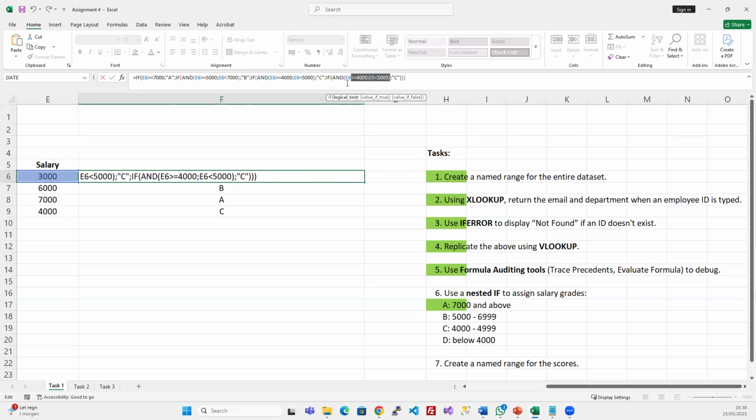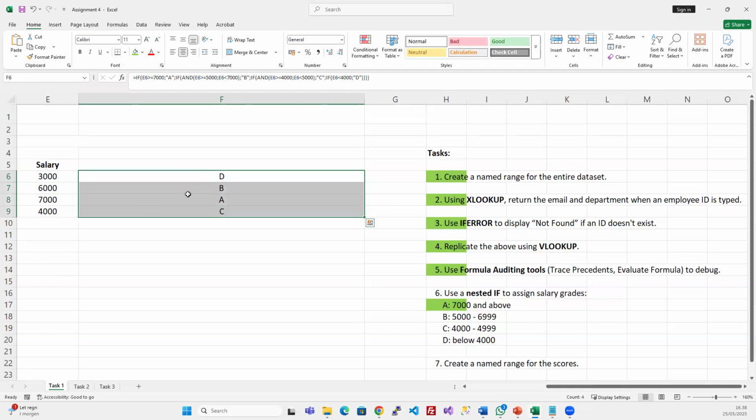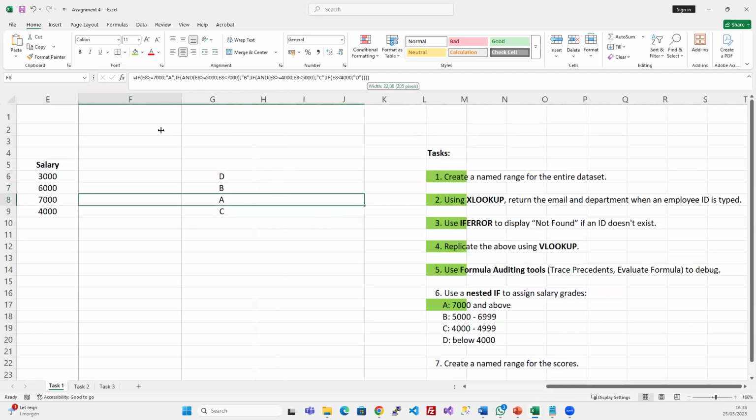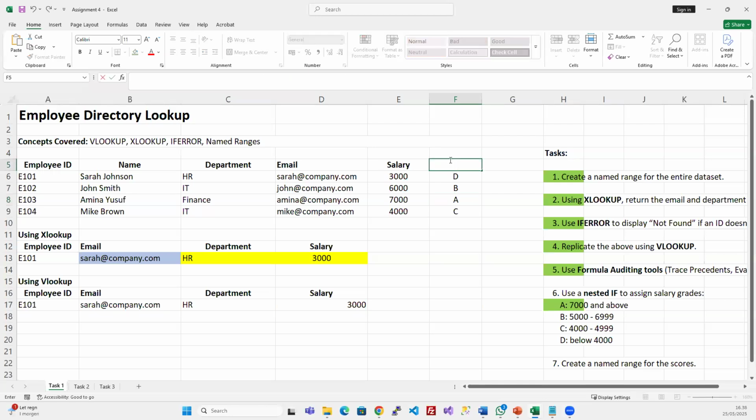Yes, actually I can remove this and just say that E6 has to be less than 4,000 for it to be a category D, like that. And I need to close the excess bracket. Very good. So now we have a function that always captures a salary category for every one of our employees,